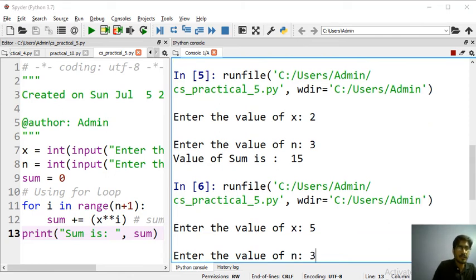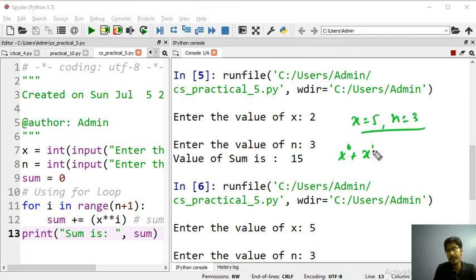What actually do I want to calculate, if you can guess? The x value is 5, the n value is 3, so how many terms do we want to calculate? We want x^0 plus x^1 plus x^2 plus x^3, where x is 5.